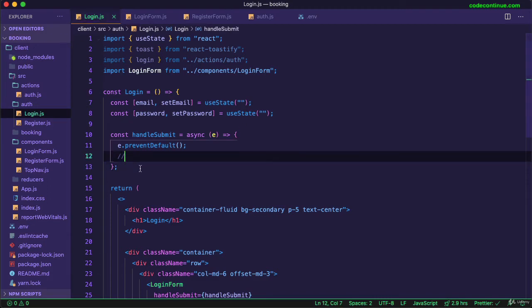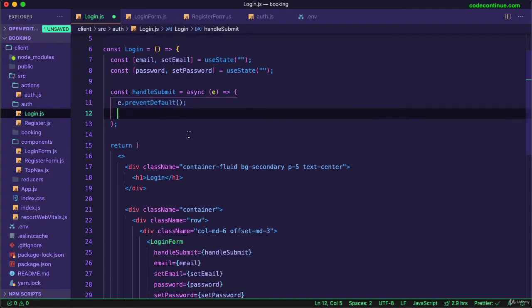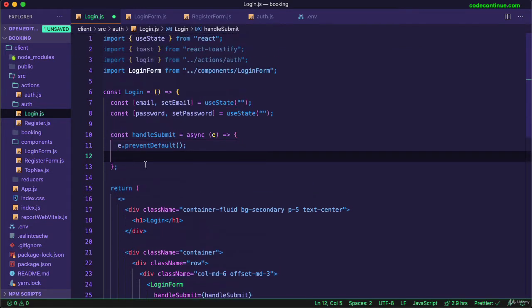So I'm here in the login page. Let's write our handle submit code here. Even though we don't have the endpoint in the backend, we're going to work on that next. So here we prevent default when the button is submit, handle submit when the form is submit, and then here